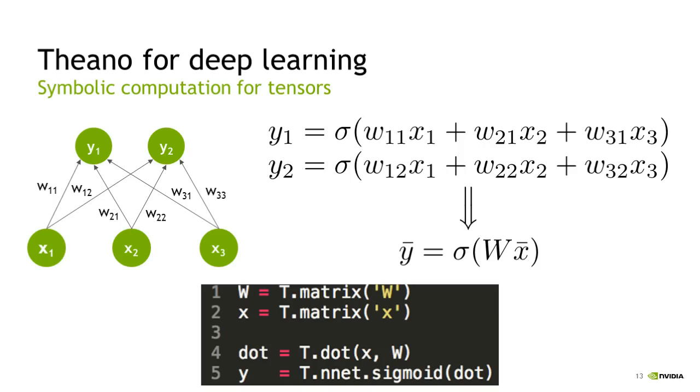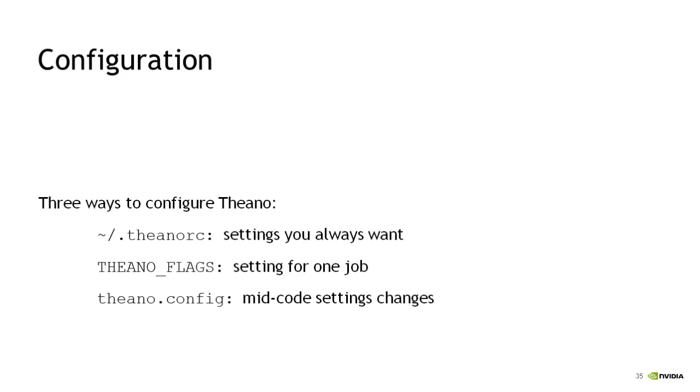Oh, a great question here. I mentioned earlier that when you're doing deep learning applications, you have to use 32-bit floating point values. Again, the three methods I mentioned for configuring any of the parameters in Theano can be used. So just flip to that slide. In the .theanorc file, you specify the parameter floatX to be float32, but you can also do so by passing it in at runtime or mid-code for a settings change.